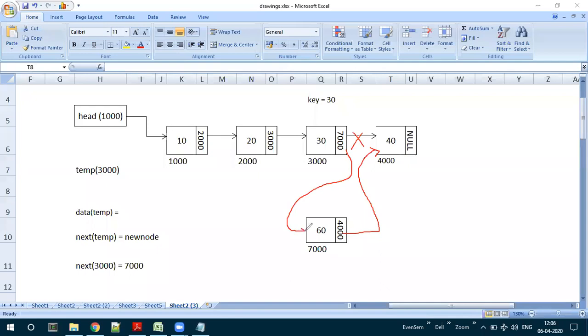So we were able to successfully add the new node after the 30 value. Understood? Yes, sir. Any difficulties here? No, sir.